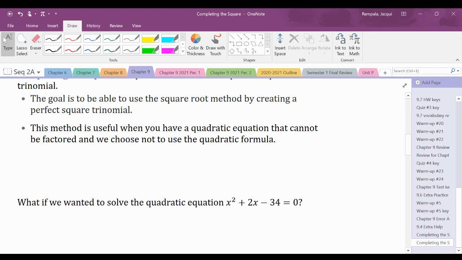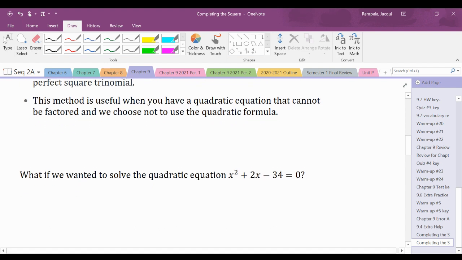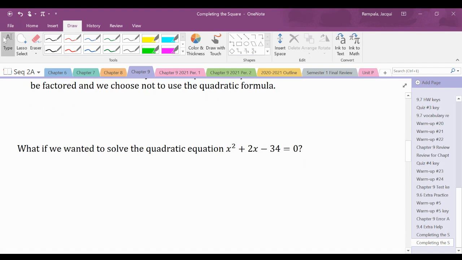So let's look at this example. If my question is, how do we solve the quadratic equation x squared plus 2x minus 34 equals 0? Normally, when it's all to one side and equals 0, you try to see if you can factor, especially with there just being that 1 in front of the x squared. But if you're looking for numbers that multiply to this negative 34 and add to 2, unfortunately, you're not going